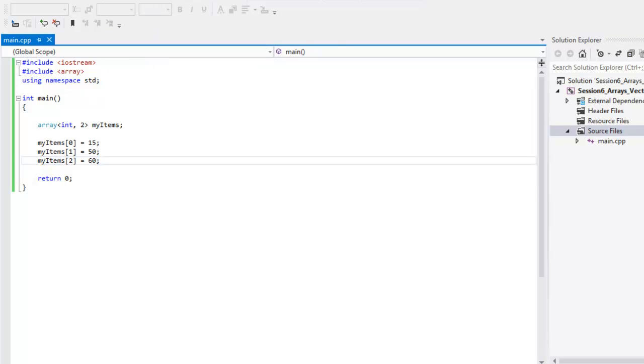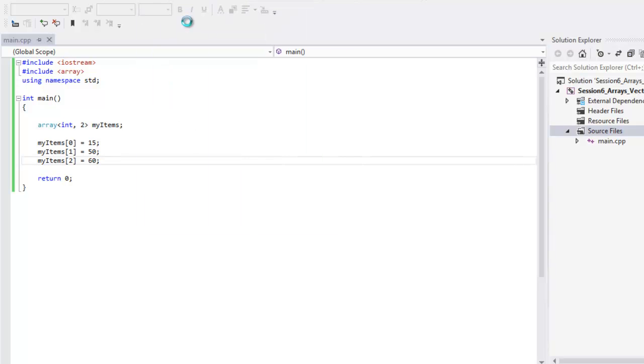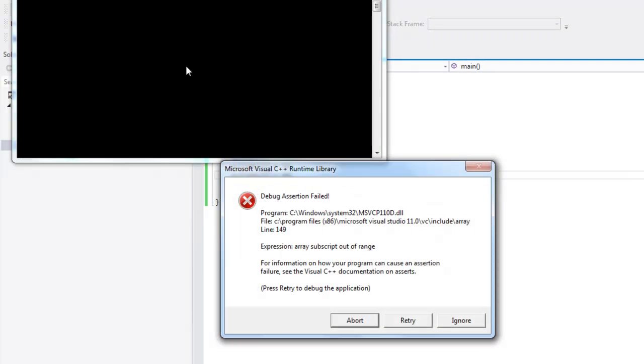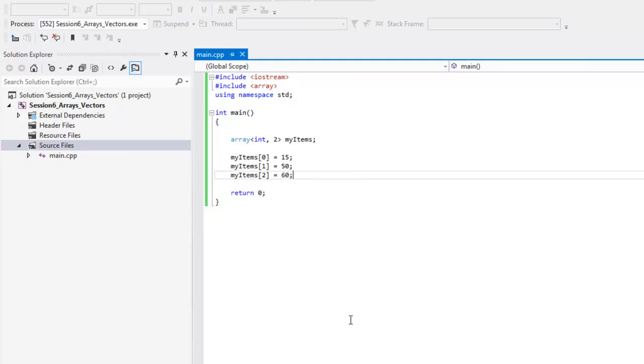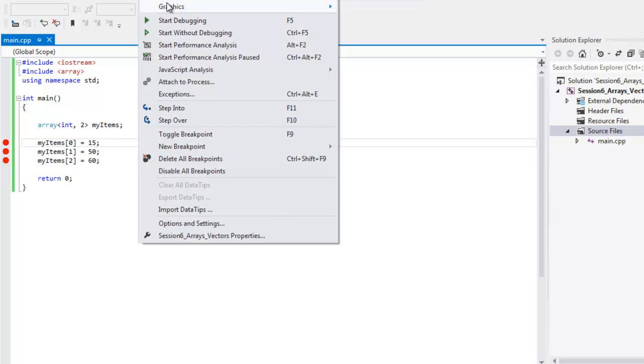Now let's say we couldn't locate where the problem was, then we could say start debugging. Okay, instead of start without debugging, we want to start debugging. Here's your first real lesson on using the debugger. If we start debugging, notice that if we didn't set any breakpoints, we'll hit abort here. It didn't seem to find anything, but let's see what the problem is. If I click over into the gray area and then say start debugging,